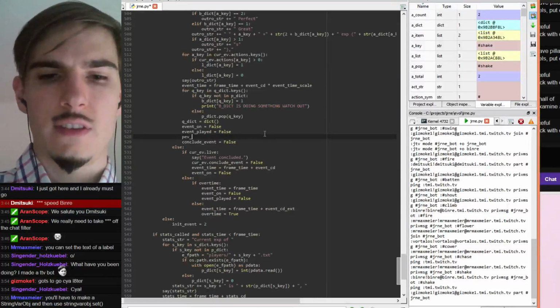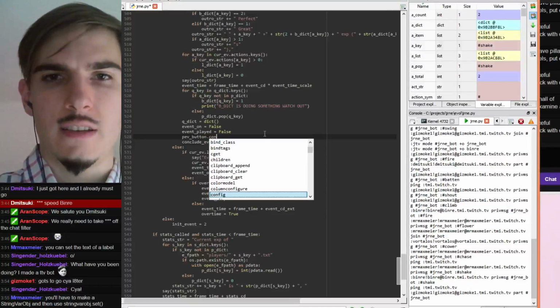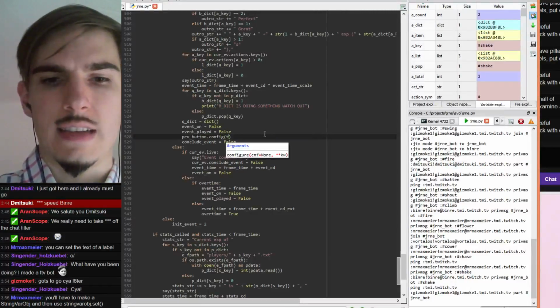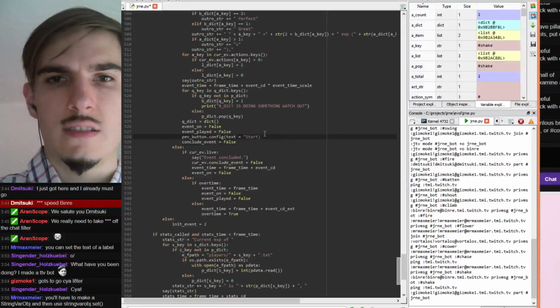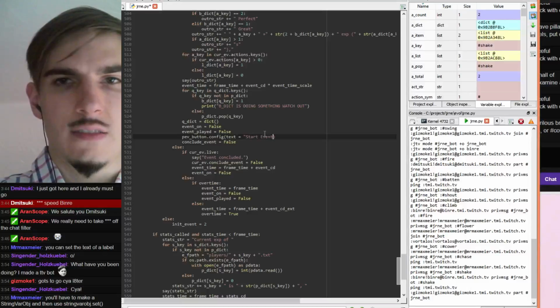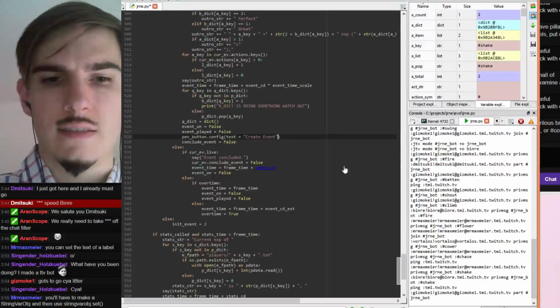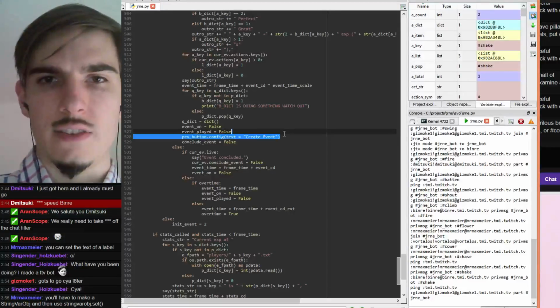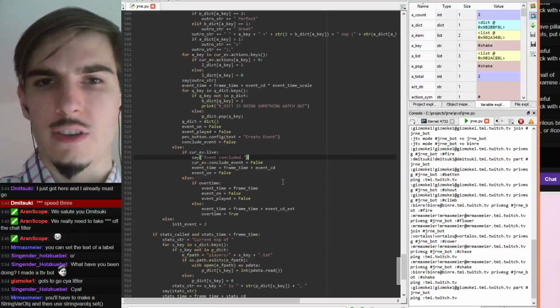So pev button dot config text equals start event or create event. And then I'll also want to do this in the case that we concluded it as such.